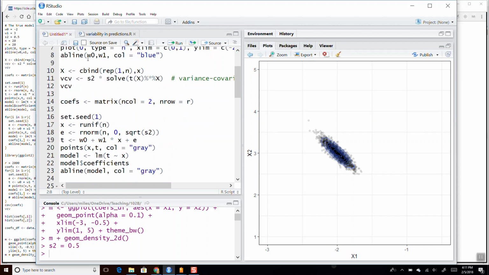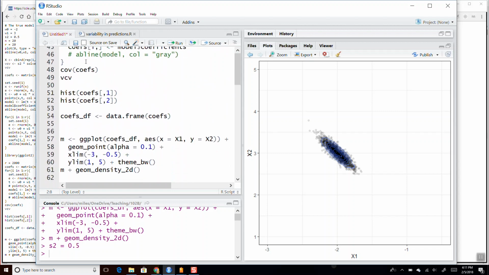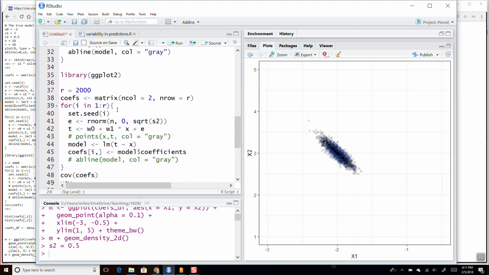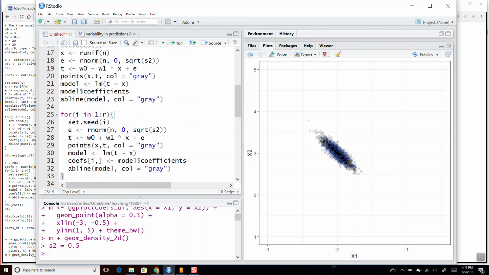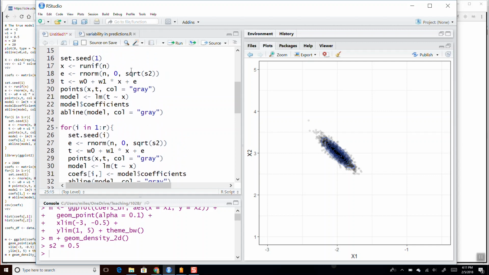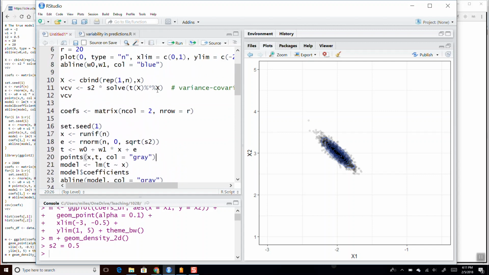Okay, I'll just repeat this. So all I'm doing is just using a larger sigma squared value. I'm going to generate new random errors, and then each time I'm going to refit a model and see how the slope and the intercept vary. And so in this case, if I plot it,